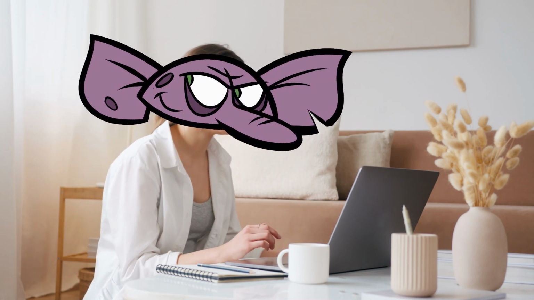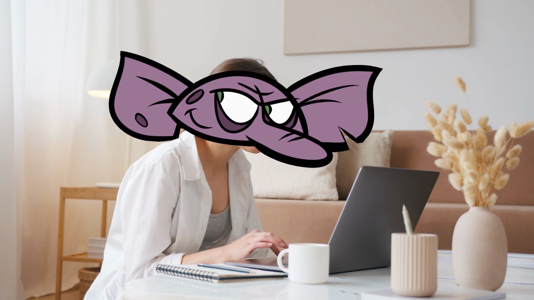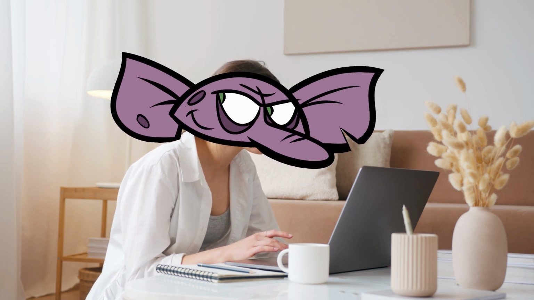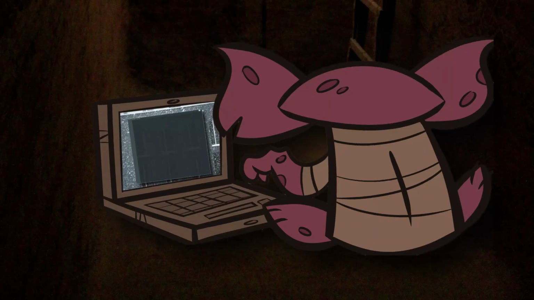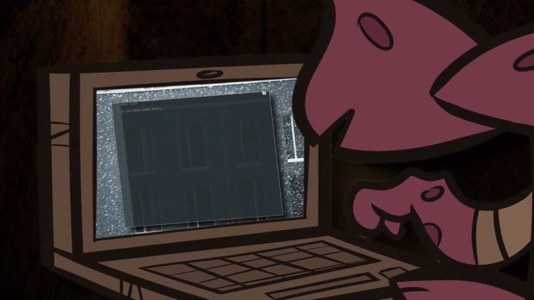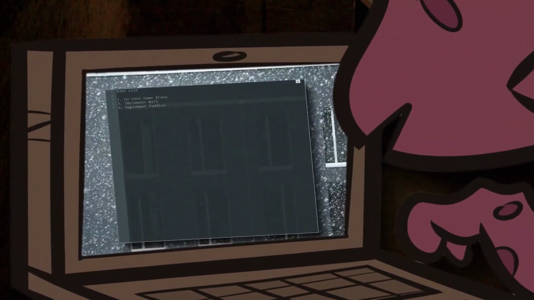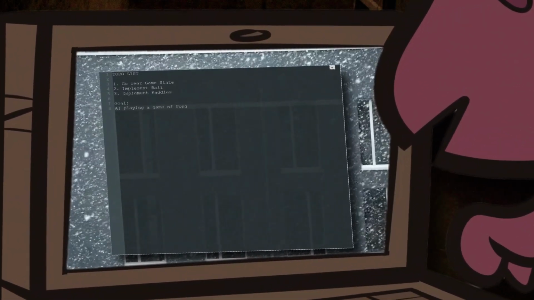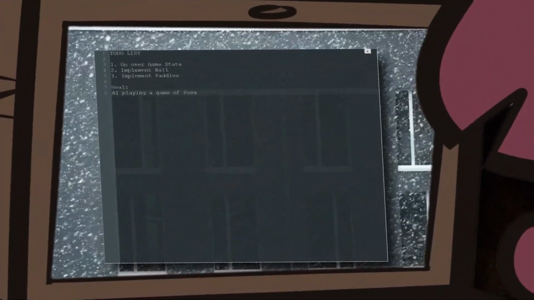Last week we learned how to create a MonoGame project, figured out our target resolution, and learned how to draw our tennis court. This week we are going to improve on that by learning about game state and implementing the ball and paddles. After today's tutorial, you will have a game of Pong playing between two AI.